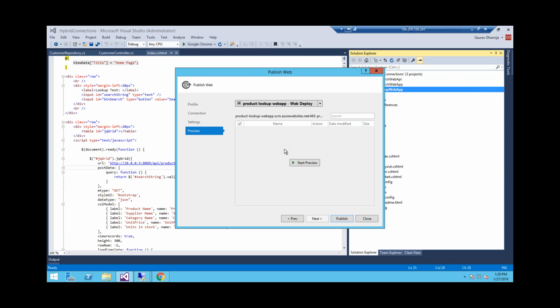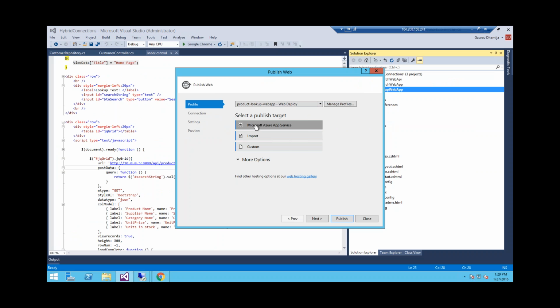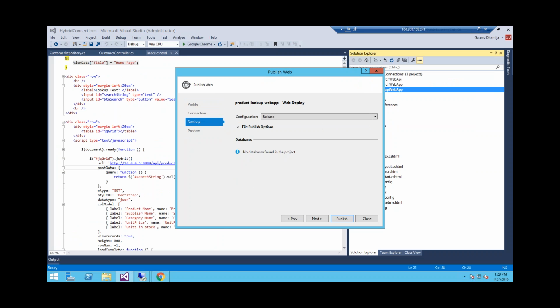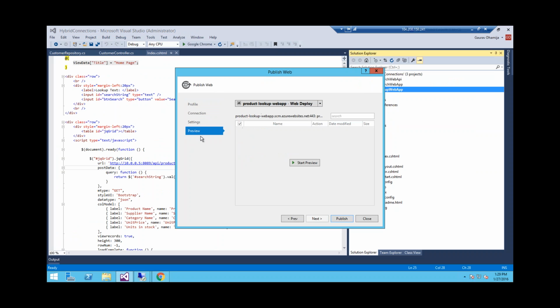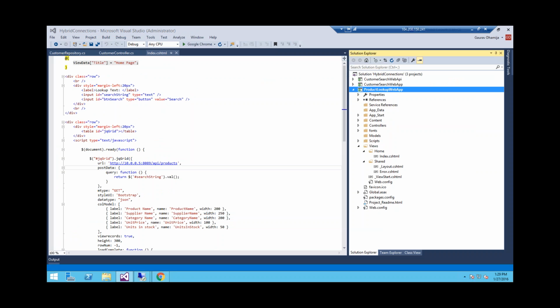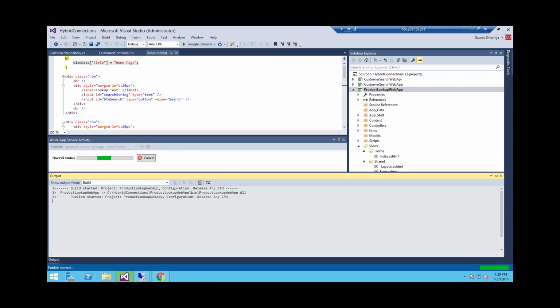So similar to how I published my Azure app service, I'm leveraging the Visual Studio Microsoft Azure App Service tools to publish it. And I've created this profile previously. In this case, I'm deploying it as a web app. Let me publish it.